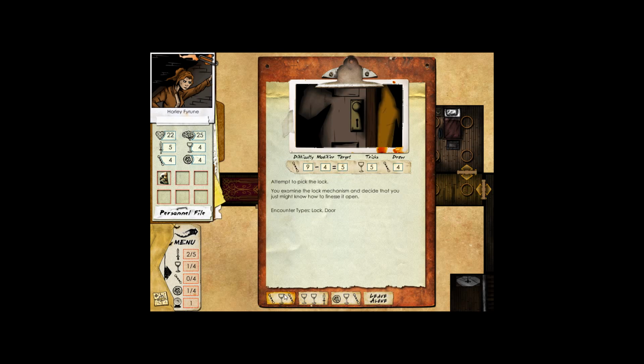So that means that we only have these two to really use if I want to get through the door. So why don't we